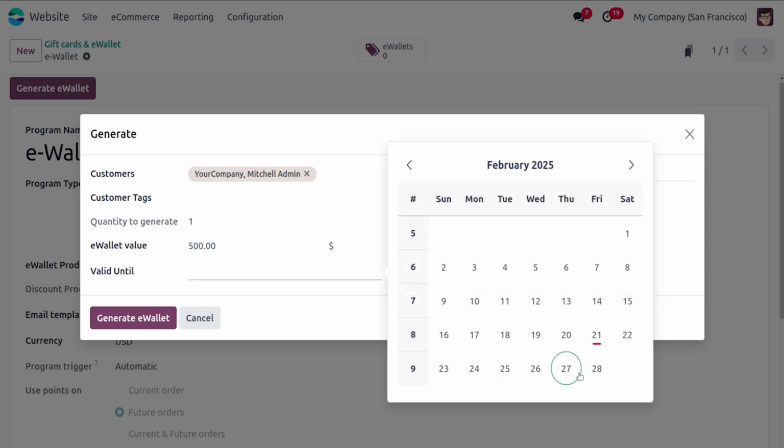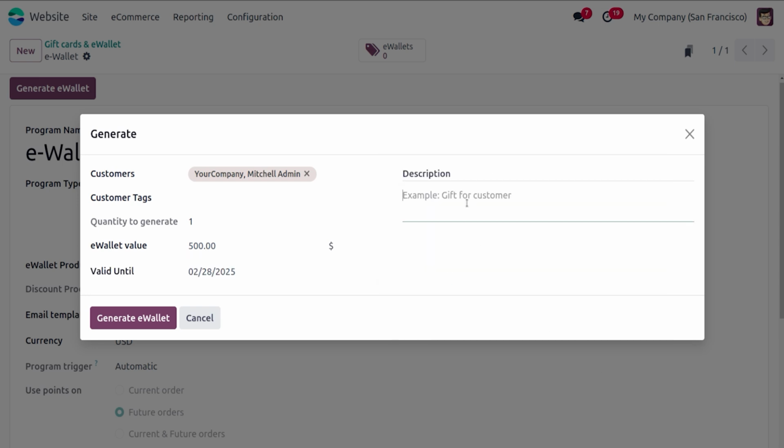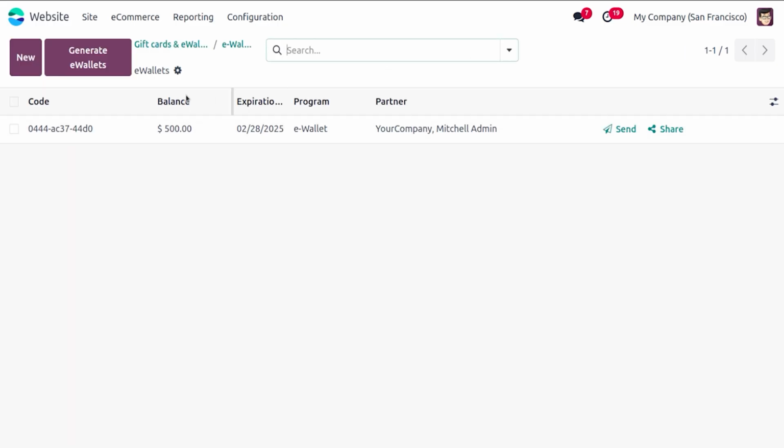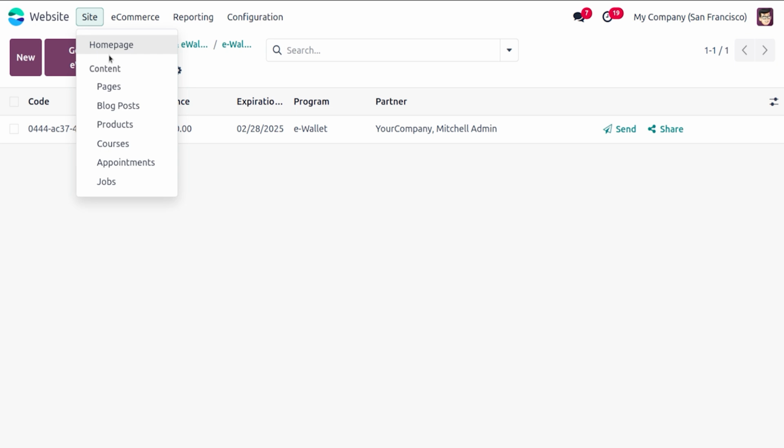Then we can specify the validity and description for you, admin. Then let's generate the eWallet. Here we can see one eWallet is generated with the balance of 500. Let's go to home page